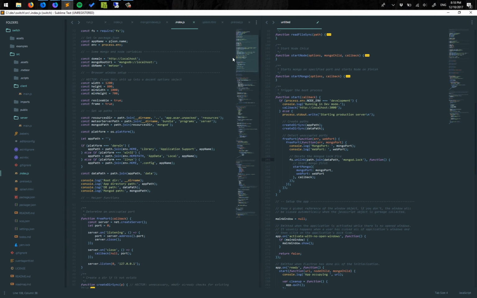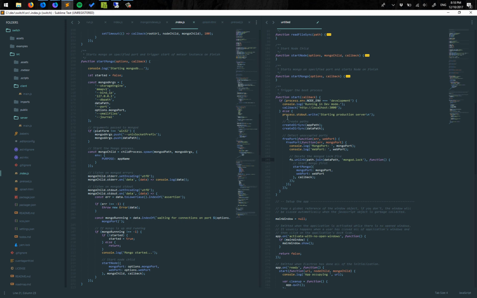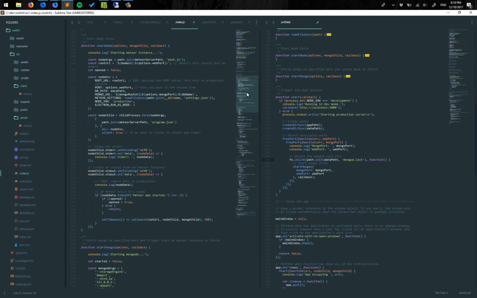The domain again is just localhost. Set the open flag to false, set the node environment variables, so the root URL for the application, the port of the application, where the database is, where Mongo is,